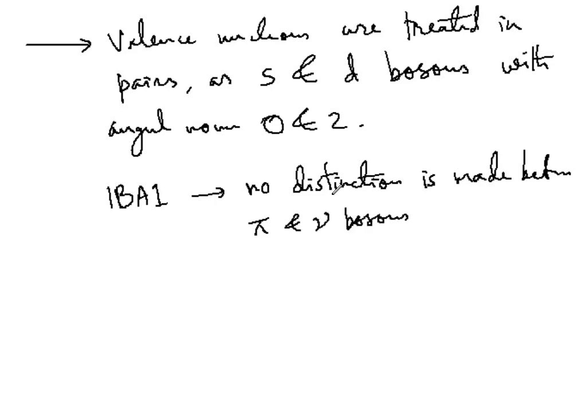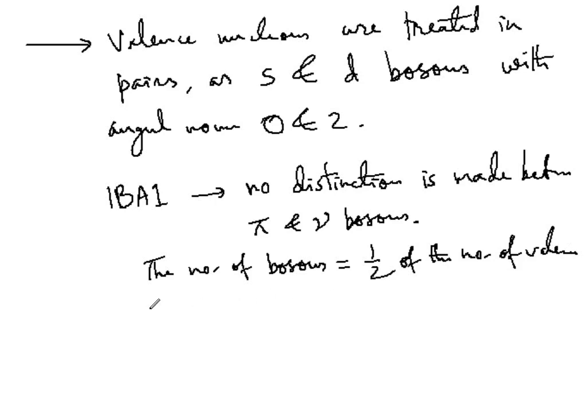They are all the same, and the number of bosons you see is just half the number of valency protons and neutrons, both of which are always counted to the nearest proton and neutron closed shells. Let me write it down. The number of bosons is basically equal to half of the number of